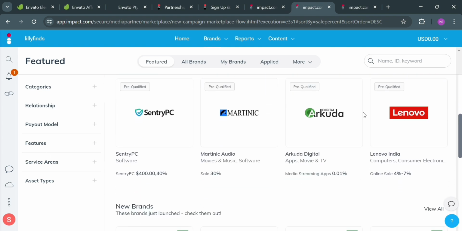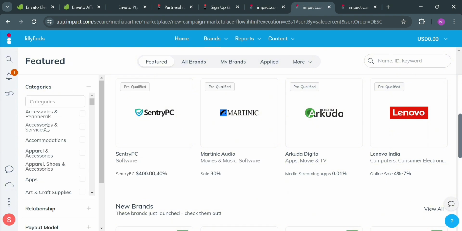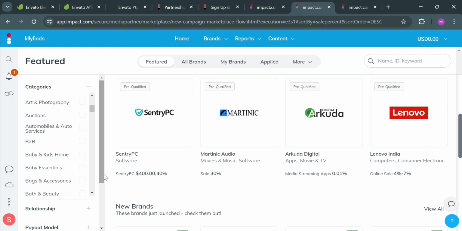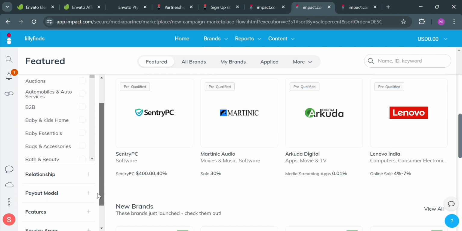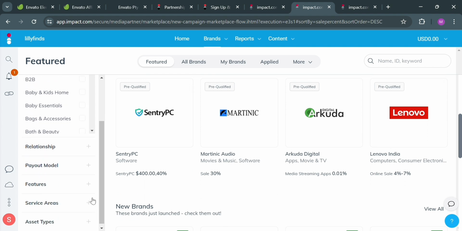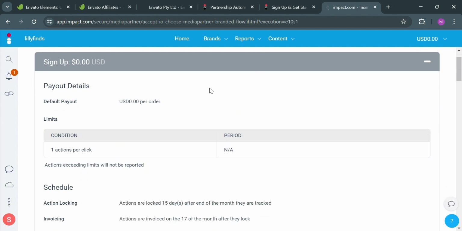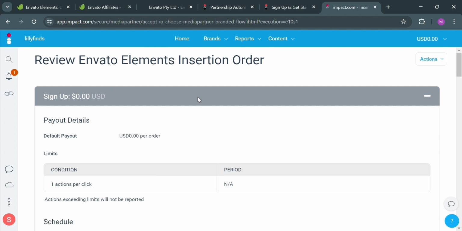However, since we're looking for specific brands, which is Envato, all you need to do is simply go to the search bar on the top right corner and kindly enter the word Envato. But before that, if you also go back on this page right here, it will show us the review Envato elements insertion order, and you will be able to see some of the payout details and other terms and